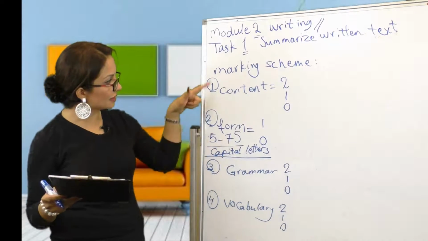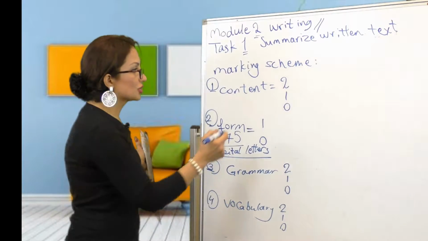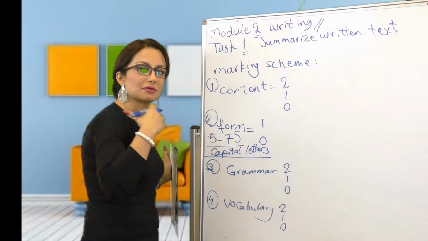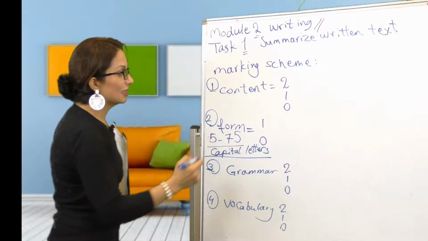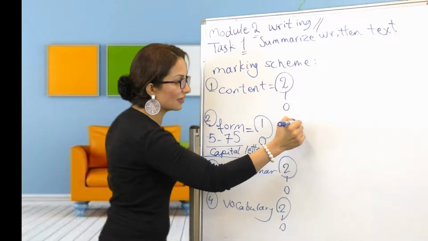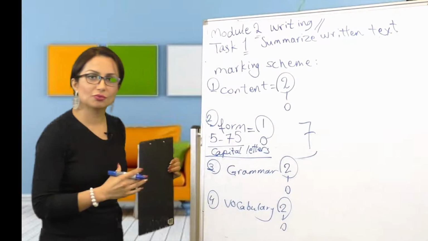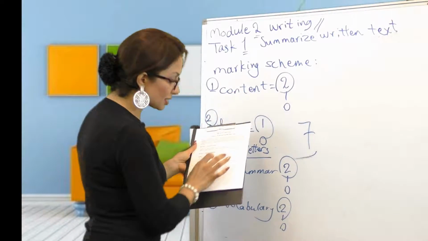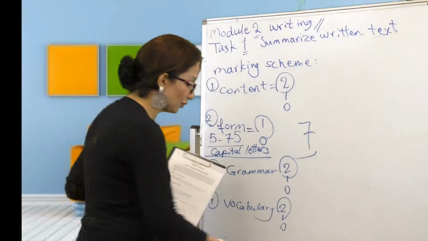So be careful with these 4 areas of marking. So together, the maximum score which could be given to a summarized written text is 7. 2, 1, 2, 2, 7. So this is the maximum point you can get. Okay, thank you. And of course, all the notes are available on the first page of your worksheet. Now,